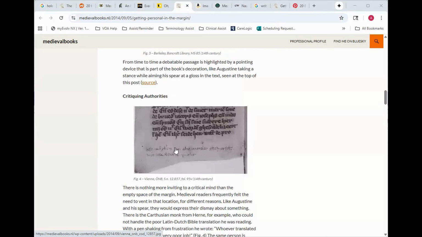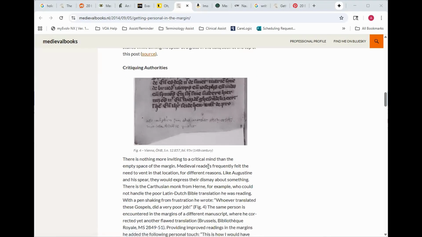We've got here just an image where somebody's written something down here at the bottom. In this particular one, it appears that somebody did not like the translation. So what is written here translates to: whoever translated these Gospels did a very poor job. So those critiques and comments, whether from the person doing this or from a later reader, we get those. I would not advise saying whoever translated this scroll did a poor job, but you could use other things like